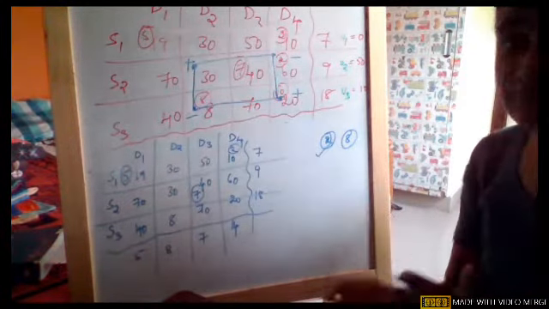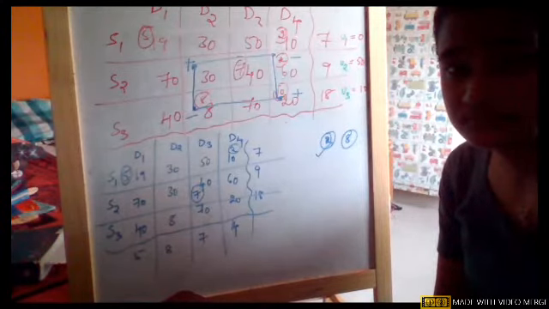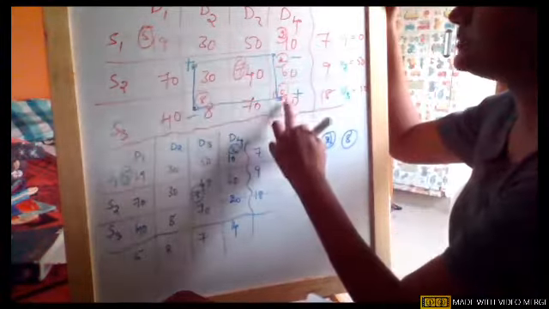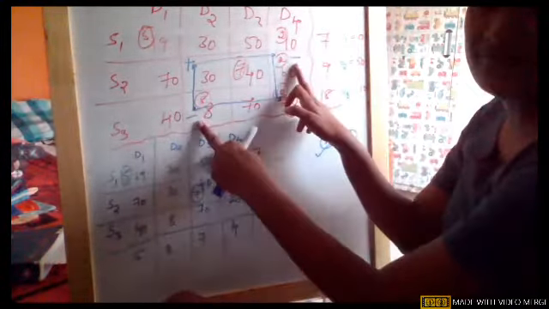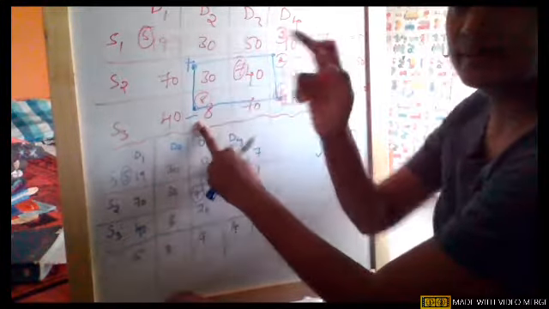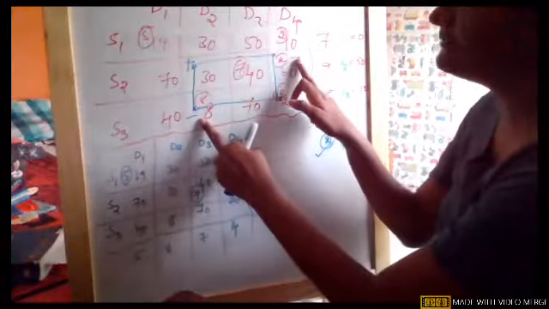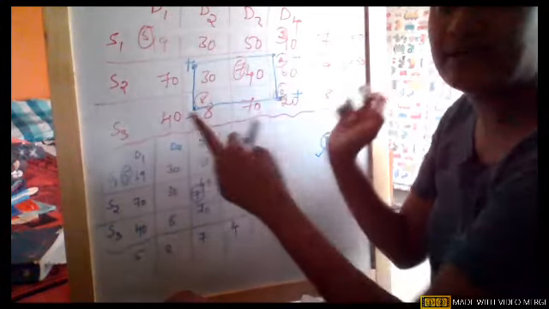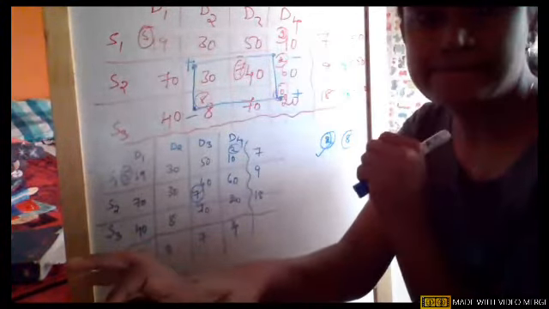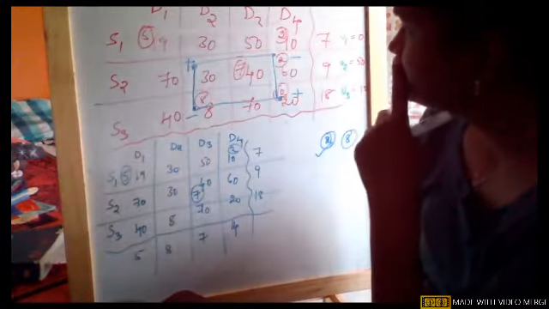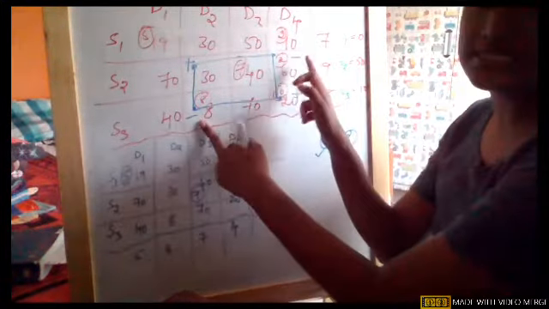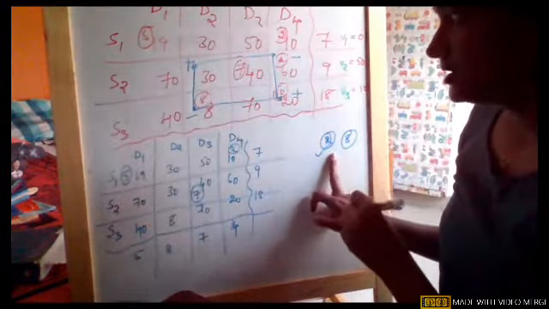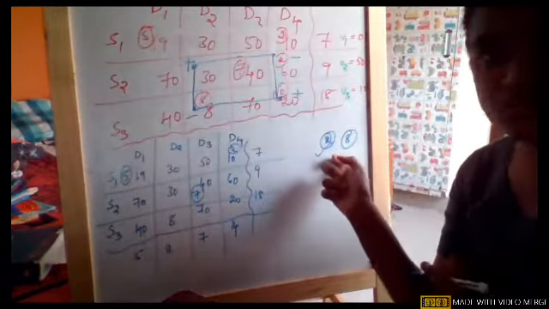Ma'am, we have 3 allocations, we have 10 also at 20. Plus minus plus minus. Only go to the cell which is having negative sign. Under this, you check the allocations. We have 2 and 8. Where we have 10? We have 10 in the plus sign, ma'am. So I said it, plus sign, just ignore it. Only minus sign. Under minus sign, we have allocation 2 and allocation 8. Out of this, pick the smallest allocation, which is 2.